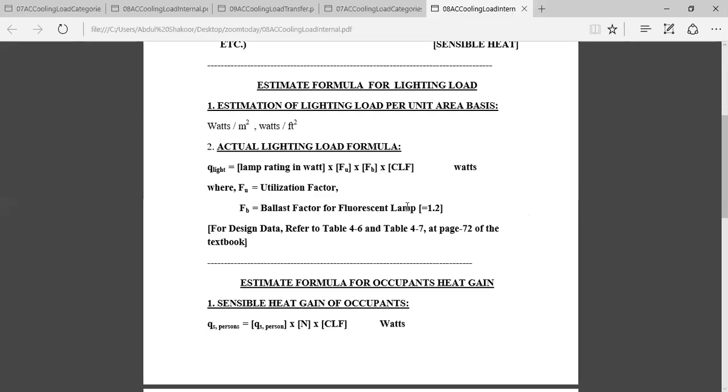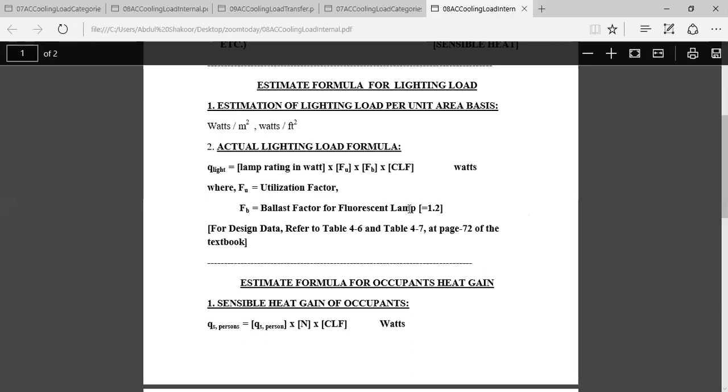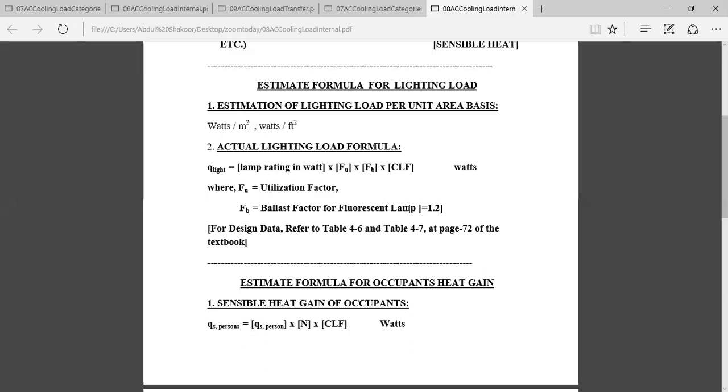And this is also obsolete now. This was when we had long, big tubes, tube lights. These are called fluorescent lights, and they had a coil for stability of the current through it, and that is called the ballast. Ballast, choke, we get it, choke and ballast. Now, for design data,